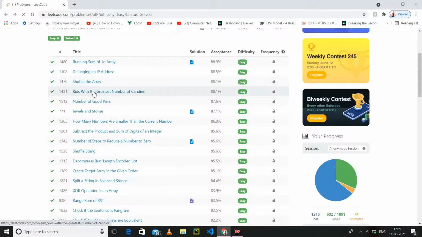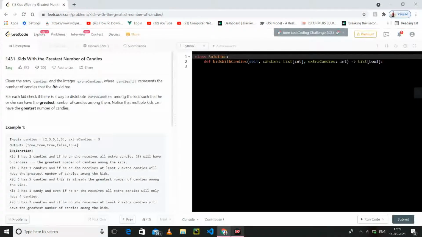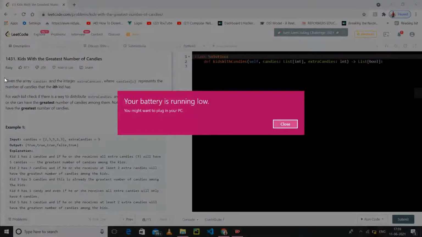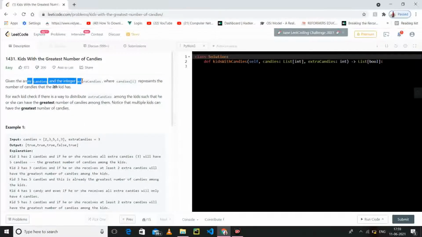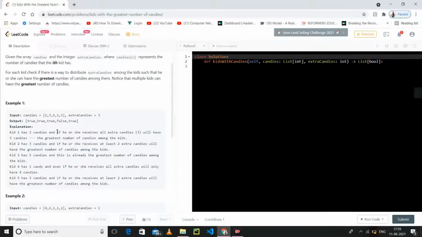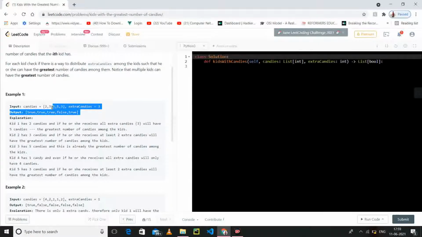The second question is kids with the greatest number of candies. Given the number of candies and we have extra candies. I have already solved this question, so I know what exactly the question wants to say.